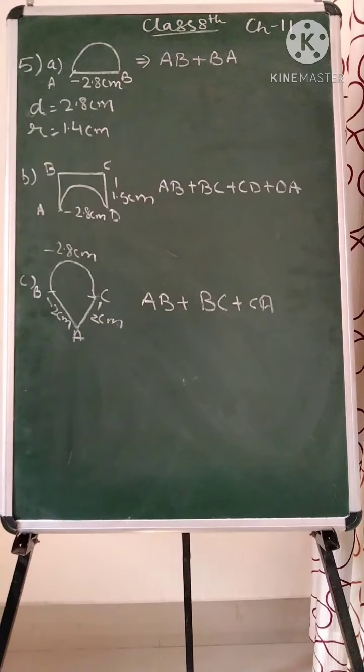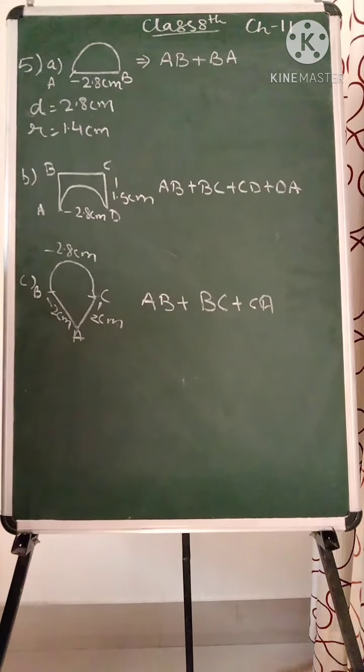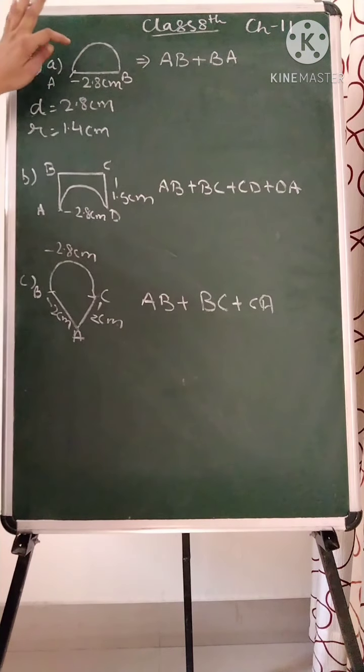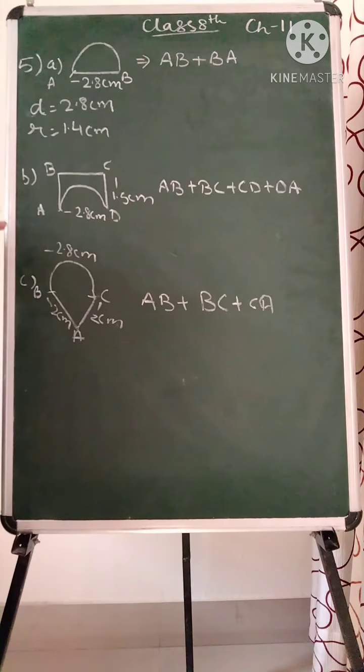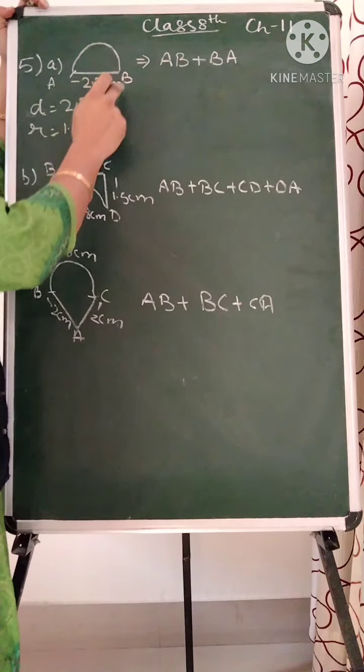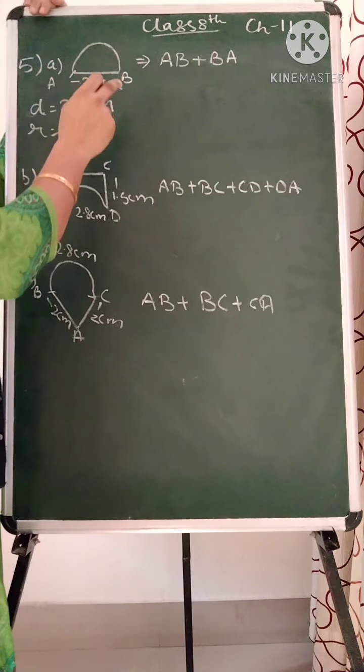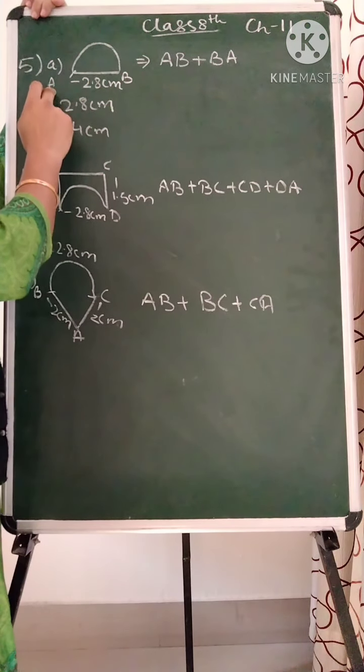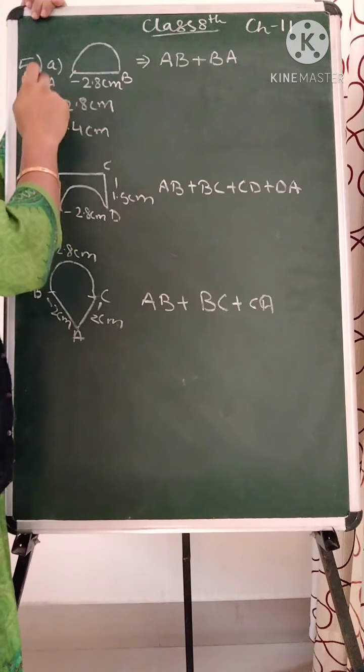Next is question number 5. An ant is moving around the food pieces. Around the food pieces, you have to tell in which type of food piece the ant is traveling and covering more distance. So we are finding the perimeter, the rounding portion of the food piece, from A to B and from B to A.